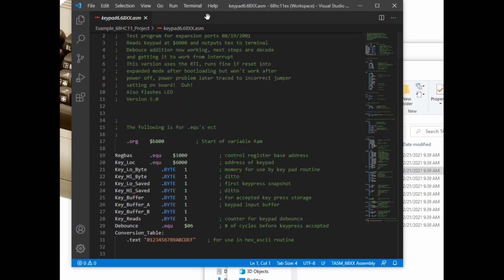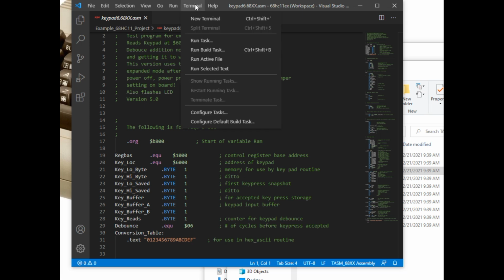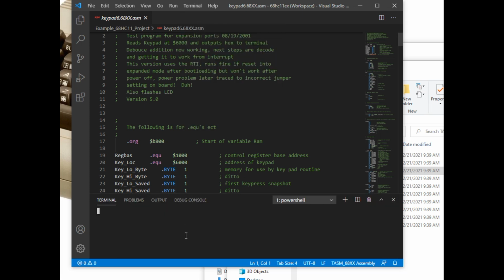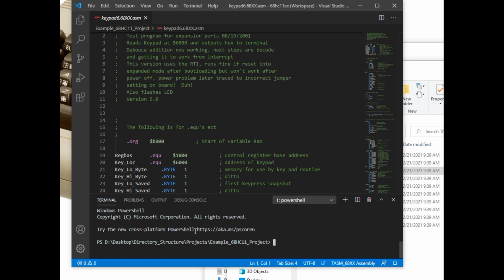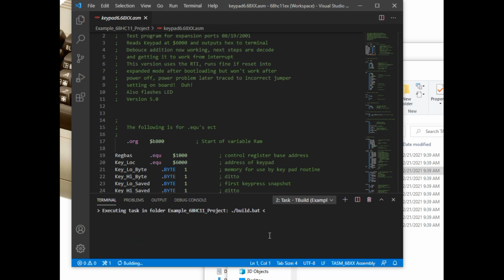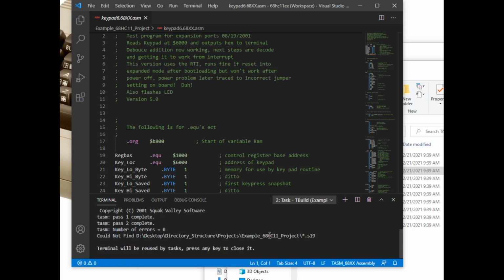Just so we can see everything that's happening, I'm going to first open up a new terminal, which will open up on the bottom of the screen here. You'll notice that our working directory is our project directory, which is convenient, which means that our batch file is going to run with that as the working directory. I'll do Control Shift B again,